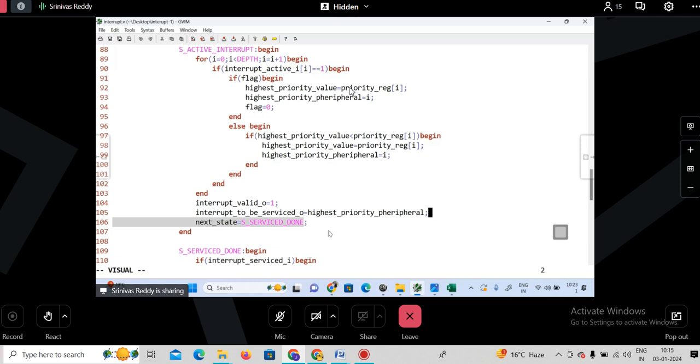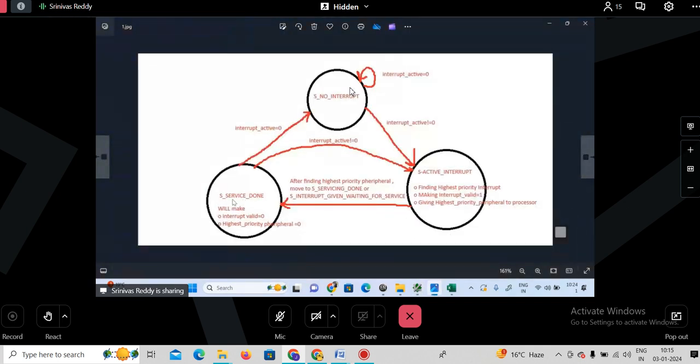So once you do this, what is my next state? Once you do this, I need to go to the next state. What is my next state? Service to be done. Once I give the request to the interrupts to the processor, what should I do? Interrupt given, waiting for the service. Now the processor should give the service. Then it is giving the service signal to the interrupt controller. So after finding the highest priority peripheral, move to the next state, which is nothing but servicing is done,